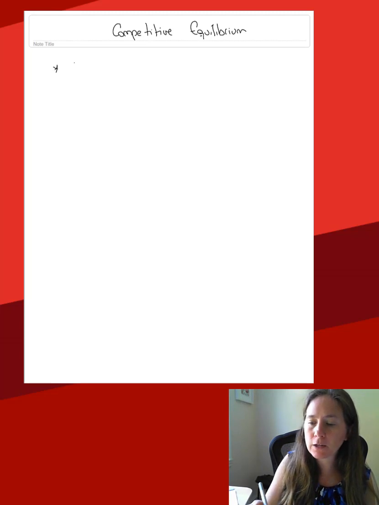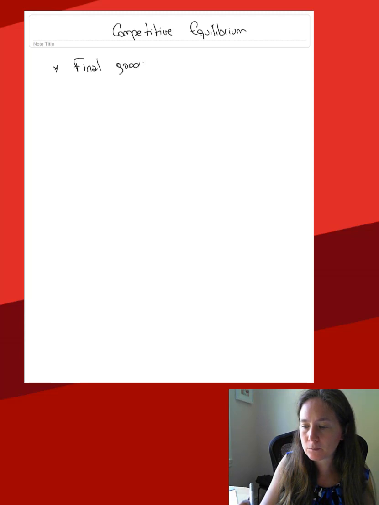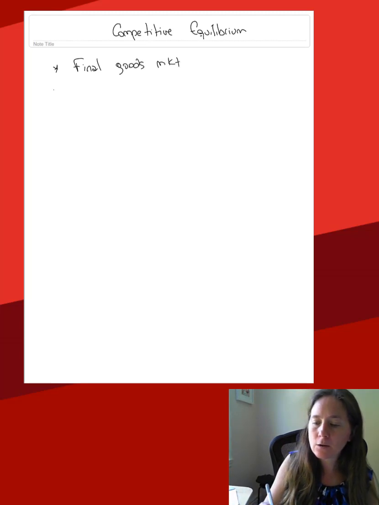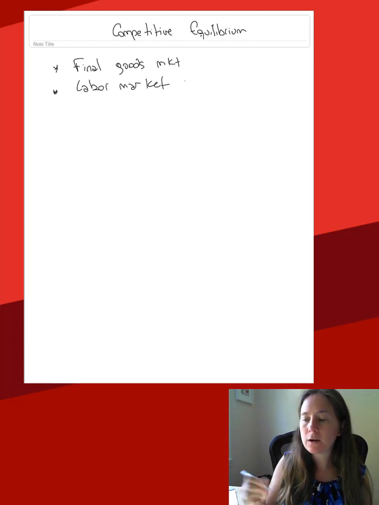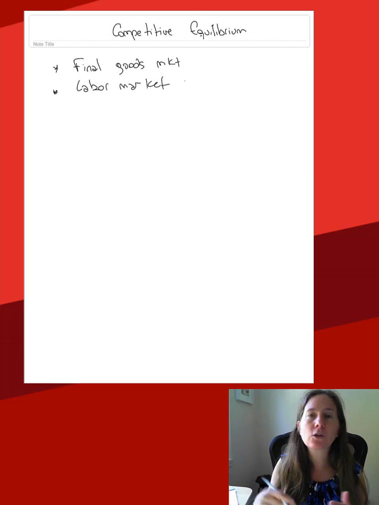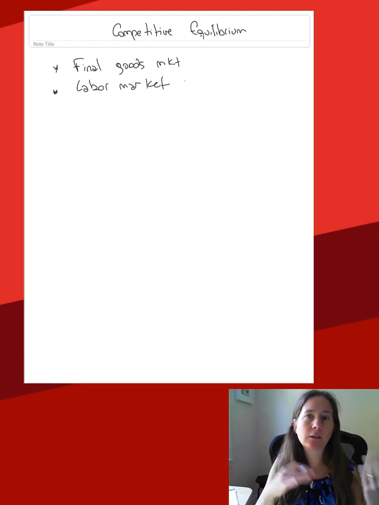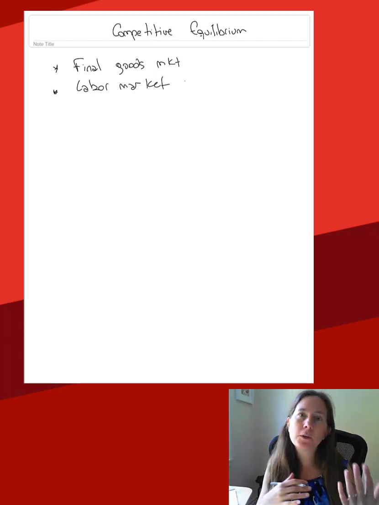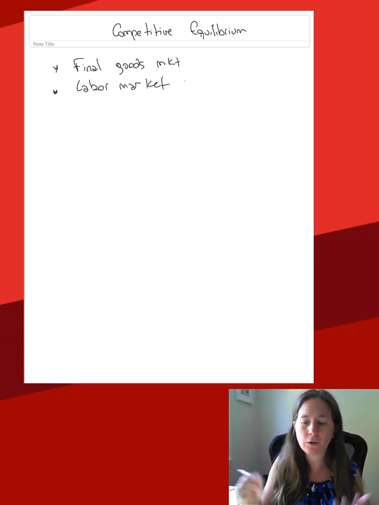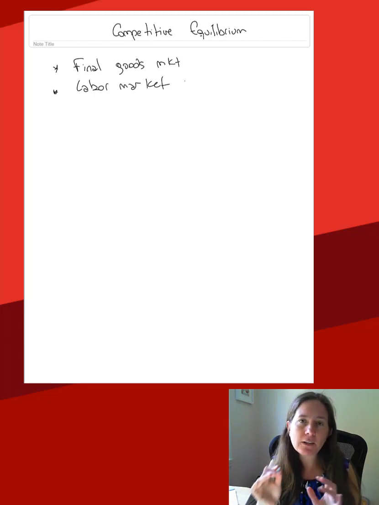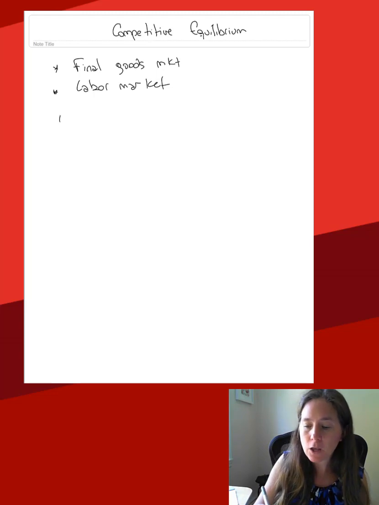So in terms of the competitive equilibrium, we are going to focus on the final goods market, and we are going to focus on the labor market. Remember that when we think about these markets, we have two sides of the market, demand and supply, and firms or consumers are going to be on different sides depending on which type of market we are discussing. So let me briefly summarize what we've done in other modules, because that's going to help us define the equilibrium. In previous modules, we analyzed